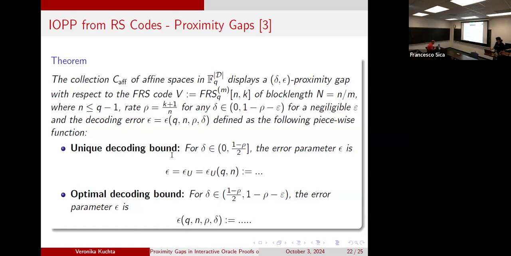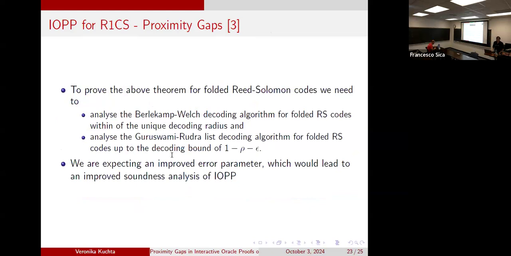These errors I cannot confirm at the moment, but we are expecting them to be definitely better than the error parameters in the proximity gaps for simple epsilon codes. So in order to prove the above theorem, as we have seen before, for folded epsilon code, we would need to analyze decoding algorithms. And there exists already a decoding algorithm